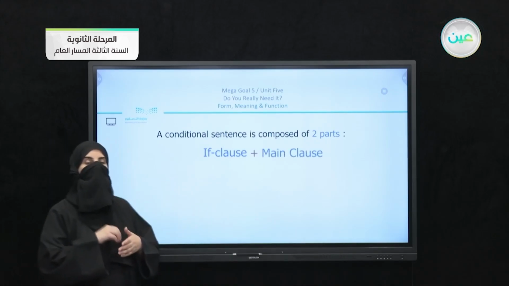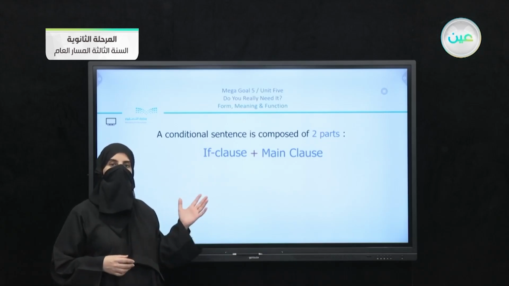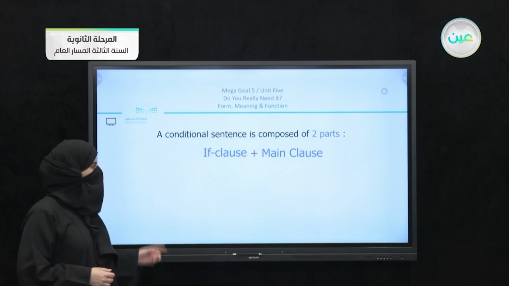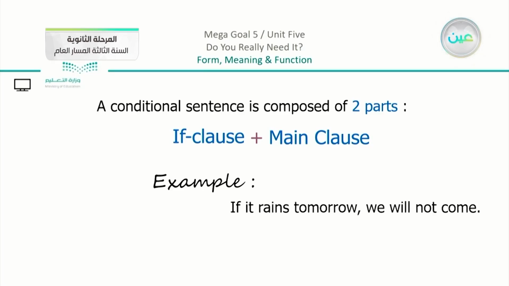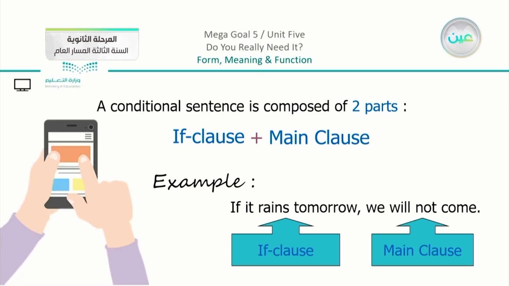So instead of using the conjunction, or we have here the adverb clause, we are going to talk about the if clause with the main clause. So just to remind you about the same idea, we have here an example. Now we have the complete sentence, one sentence. If it rains tomorrow, we will not come. You can see that we have here the if clause and we have here the main clause. And just to check that you are aware of the difference between a dependent clause and an independent clause here. So we have here the same idea in the adverb clauses and also in if clauses.